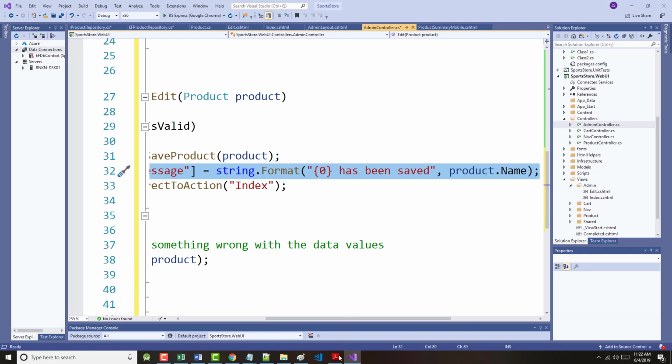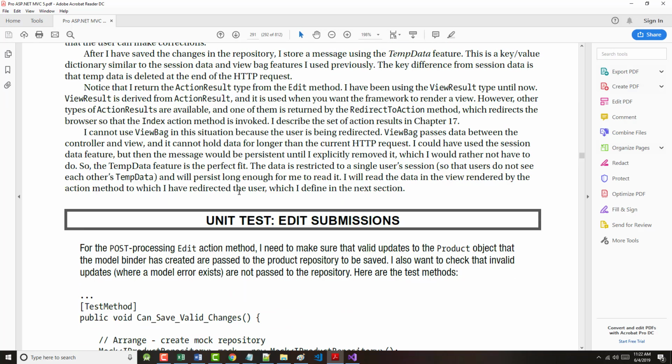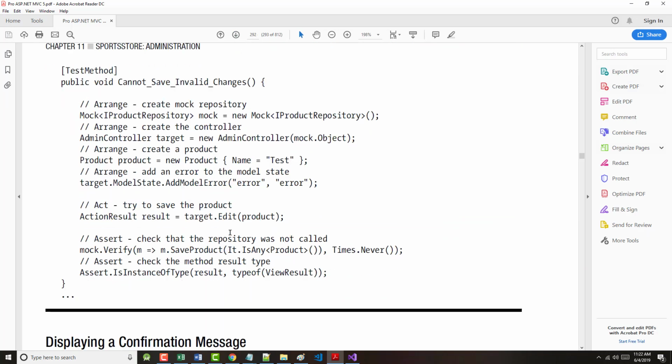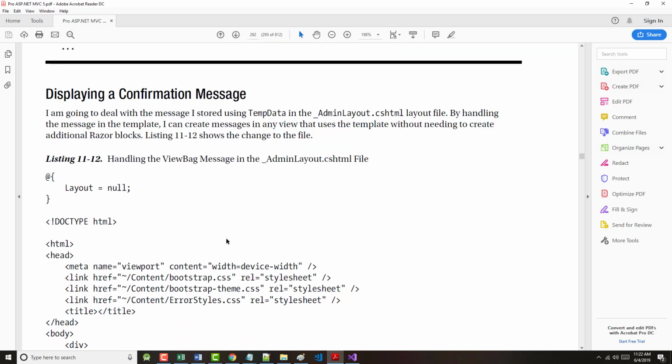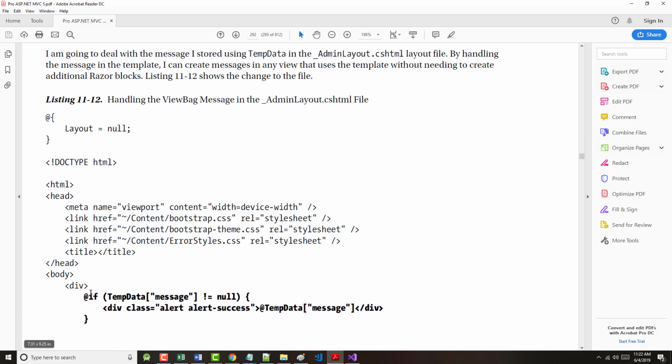All right. On page 292, halfway down on the page here, displaying a confirmation message. We've looked at this earlier, not the same exact scenario, but how to do this at an earlier time. I'm going to deal with a message I stored using TempData in the admin layout CSHTML. By handling the message in the template, we can create a message in any view that uses the template without needing to create additional Razor code. So we want to go into our admin layout, and right after the body starts,